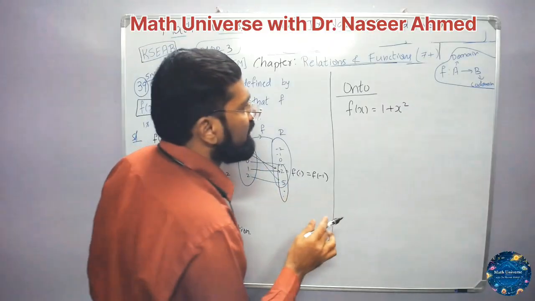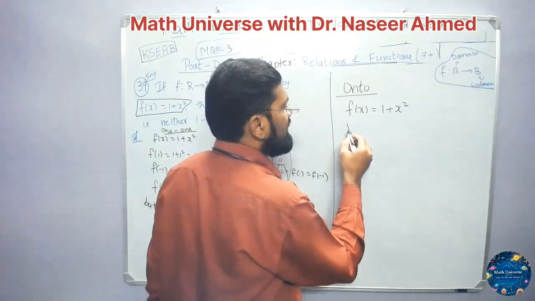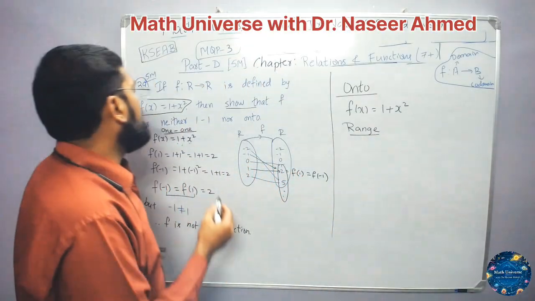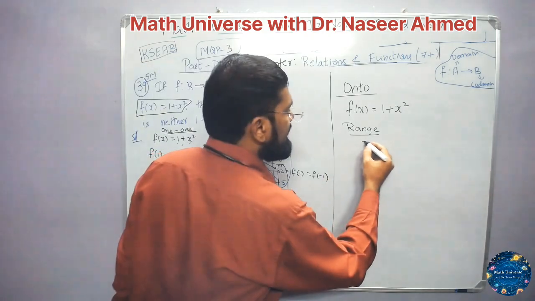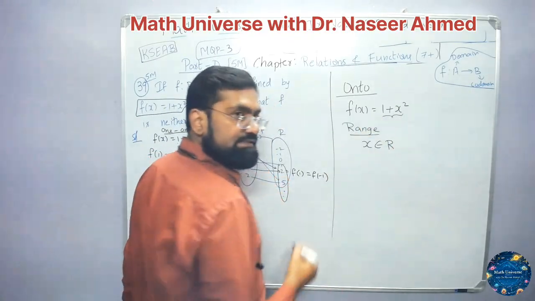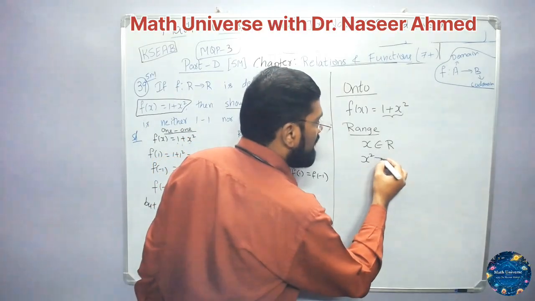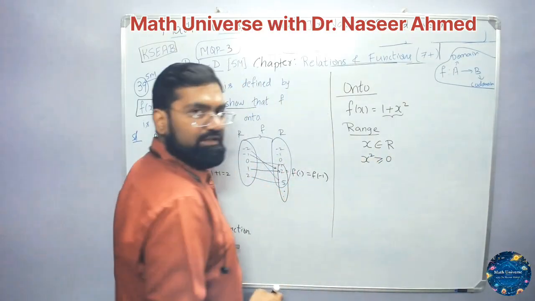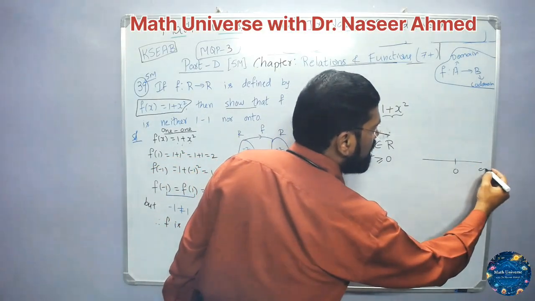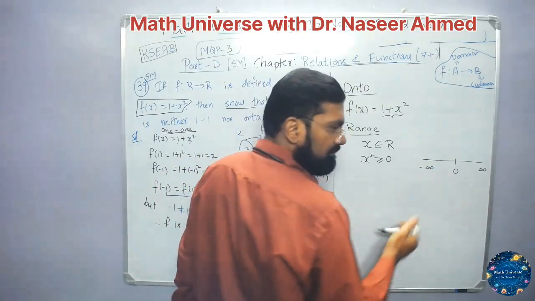Let us give the reason properly. Let us write this properly and try to find the range. See carefully. When I want to find the range, since the codomain is R, x is a real number. So the square of a real number is either always positive or equal to 0. Why 0? Don't forget, when I plot on the number line, this is 0. This side we have plus infinity and this side minus infinity. See, these both are not there on the number line. We are just saying that